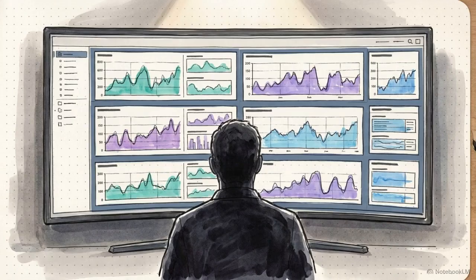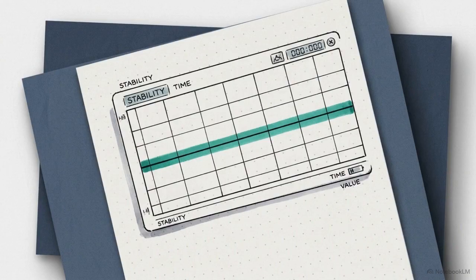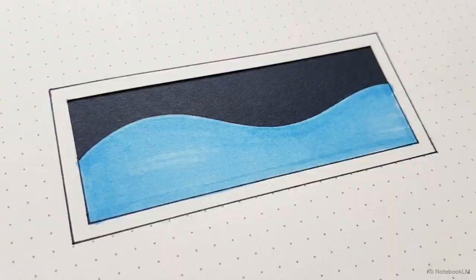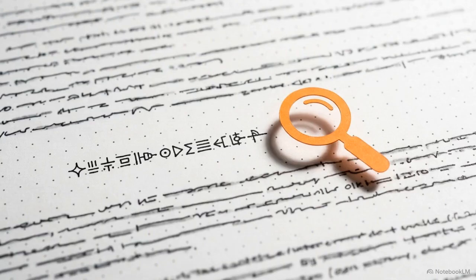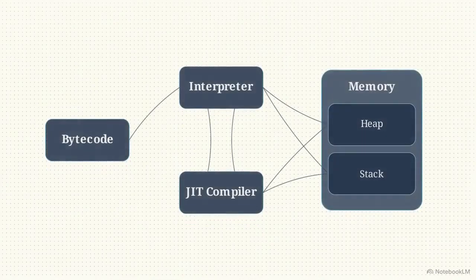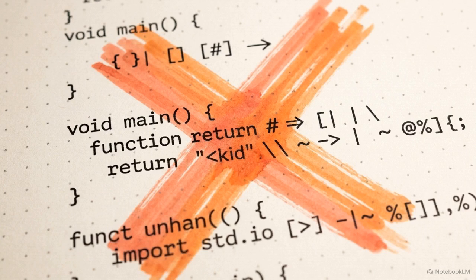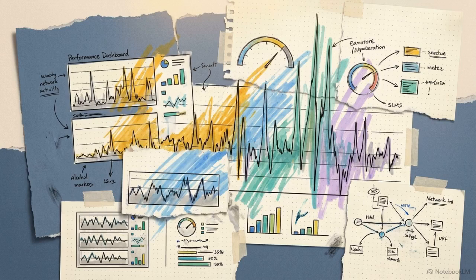You check the dashboards. Garbage collection logs are quiet, thread counts are perfectly stable, memory heap usage is completely flat. The immediate instinct during an incident like this is to blame the database connection or scour the static source code for a bug. But as you can see in this architectural map, an enterprise Java application is a continuous, living conversation between bytecode, interpreters, compilers, and memory structures. Fixing these complex failures requires moving past the static instructions of the source code to diagnose the dynamic behavior of